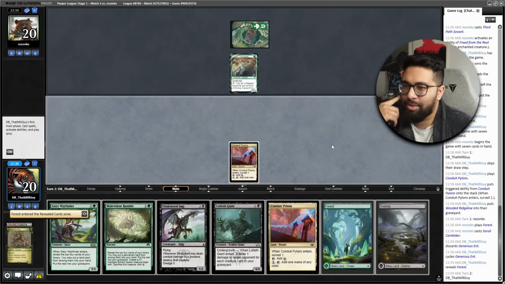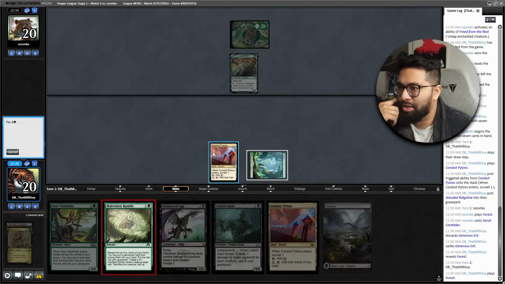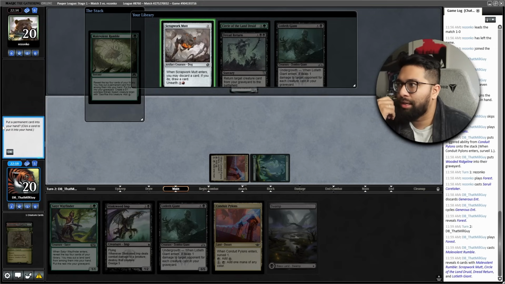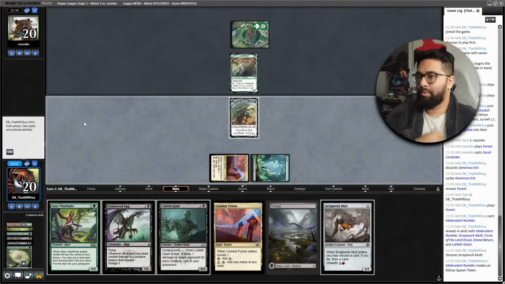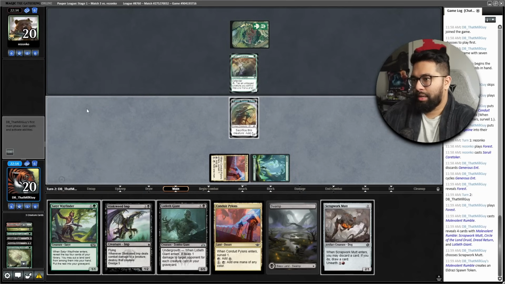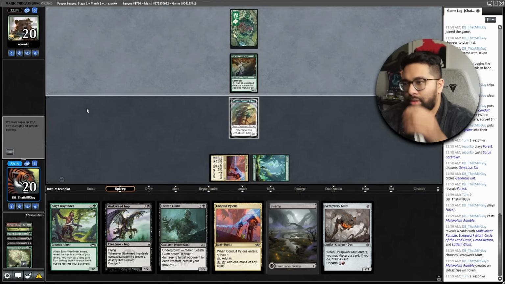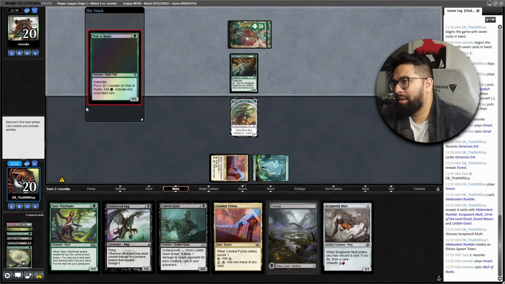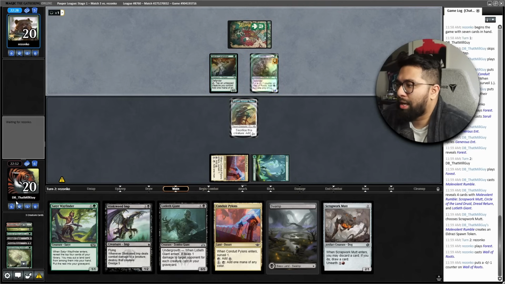I guess this is a matchup that, generally speaking, we're just going to struggle with, being a combo deck. Circle of the... Actually, honestly, Scrapwork Mutt seems like the plan. Yeah, Scrapwork Mutt seems like what we want to be doing here. I think we're going to go Swamp, Satyr Wayfinder, Scrapwork Mutt, Stinkweed Imp, and then we just have to start filling our